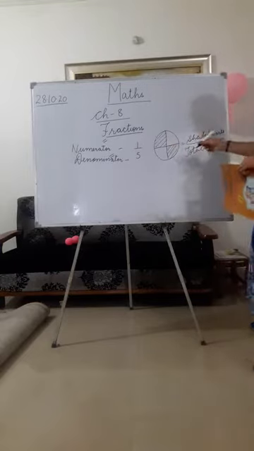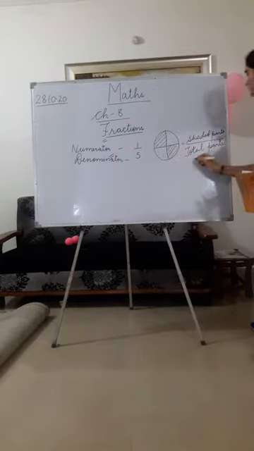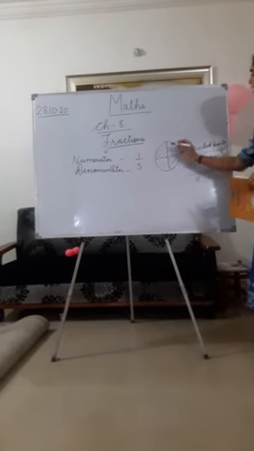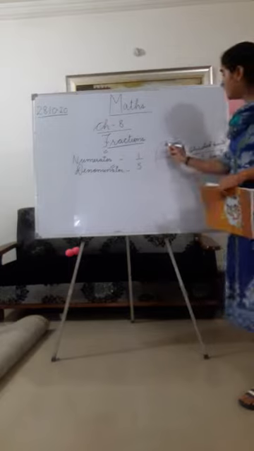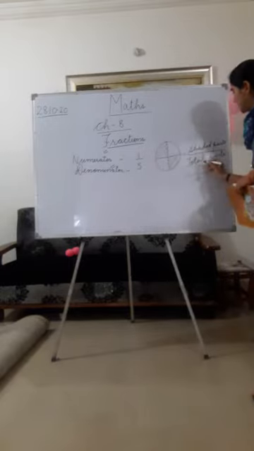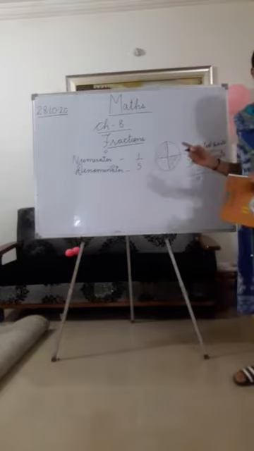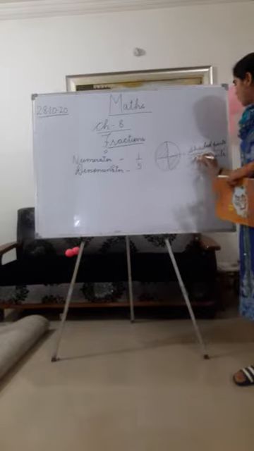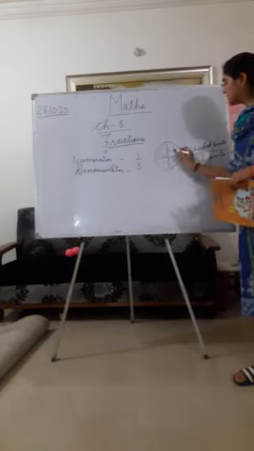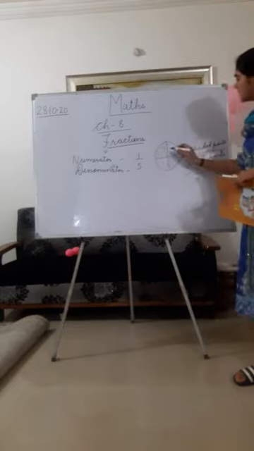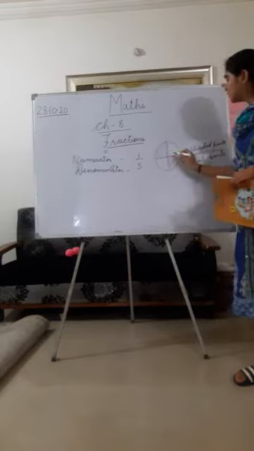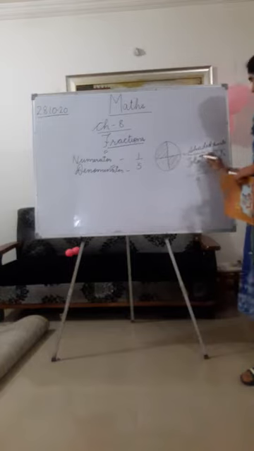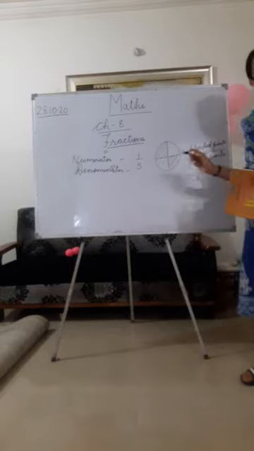So in this circle, total number of parts are 4. So what will we write down? Total number of parts, first of all, we will write down 1, 2, 3 and 4. And how many shaded parts are there? 1, 2. So the fraction will be 2 upon 4. Whenever we have to find out the fraction of shaded parts, we will write down first of all the total number of parts. In this there are 4 parts and out of 4 parts, 2 are shaded. So we will write shaded parts upon total parts. So in this, 2 are the shaded parts and 4 are the total number of parts.